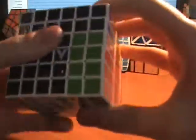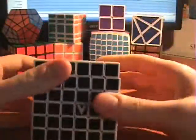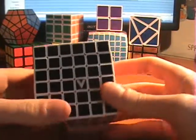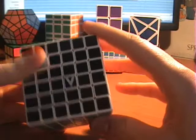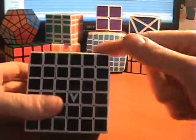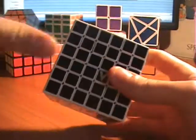So that's another thing I find really cool about this cube, is that you can do so many things with it. You can use it so many different ways. It's like having 4 cubes in one. Now, something you might not have realized is that by mixing it up a certain way, you can solve it as a 2x2, 3x3, 3x3 all in one solve, and that didn't really make sense,